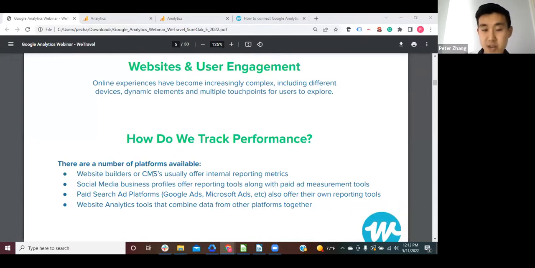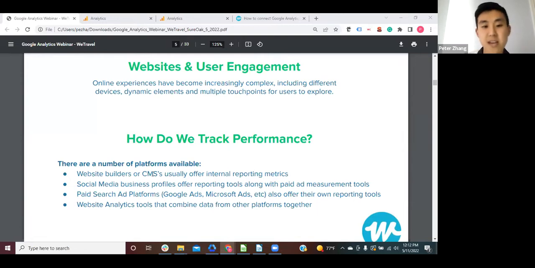Additionally, if you have social media profiles for your business, you'll also get reporting just for the profile itself of how many people might be liking your page, following you, looking at your posts. But if you run paid ads on top of having those profiles, you'll even have data reporting just for specific campaigns for each of those social media profiles.